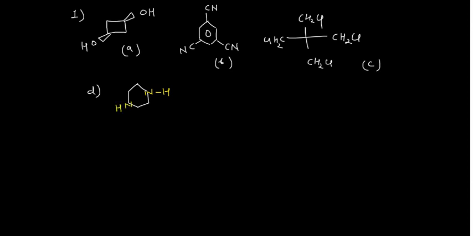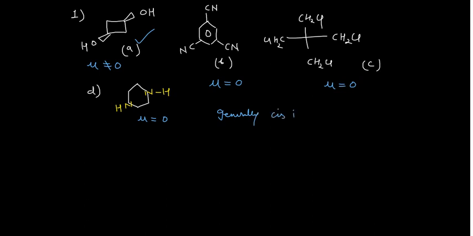You have been asked which molecule will have the non-zero dipole moment. That means we need to identify the species which will have the zero dipole moment. So I am telling you, this benzene derivative will have a dipole moment of 0. This will also have a dipole moment of 0, and this will also have a dipole moment of 0, but that cis isomer will not have a dipole moment of 0. So if you want to find the species which has the non-zero dipole moment, your answer is option A. And remember one thing, generally, I am not saying 100%, say generally